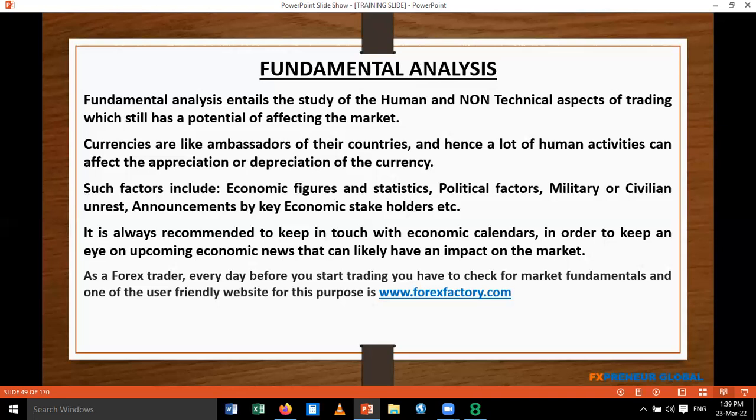You won't find anything there. They have specific websites where you can actually spot out economic data that has to do with the financial market. And one of these user-friendly websites for this purpose is forexfactory.com. If you go to your browser,